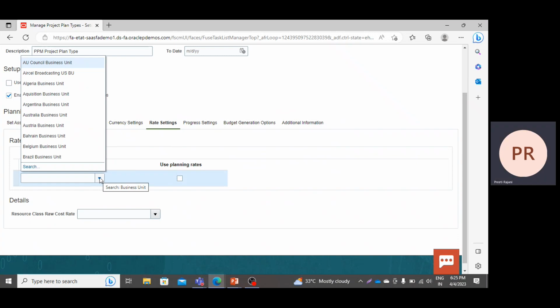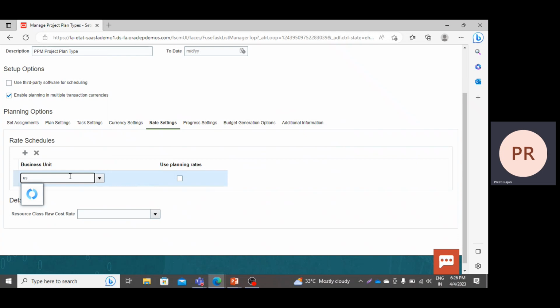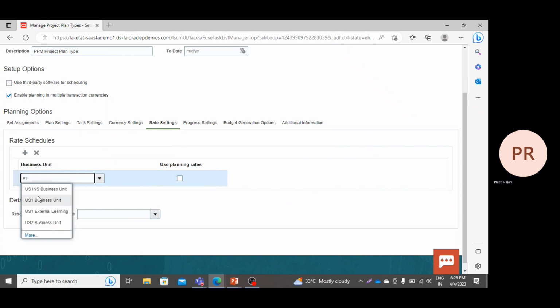Now how will the system read which business unit is linked to your project plan type and which business unit should use which rates? For that we have a different task, that is organization costing rule. There you have to associate the business unit and you have to associate the rate rules. We will see it in today's session only. So here you have to mention the business unit